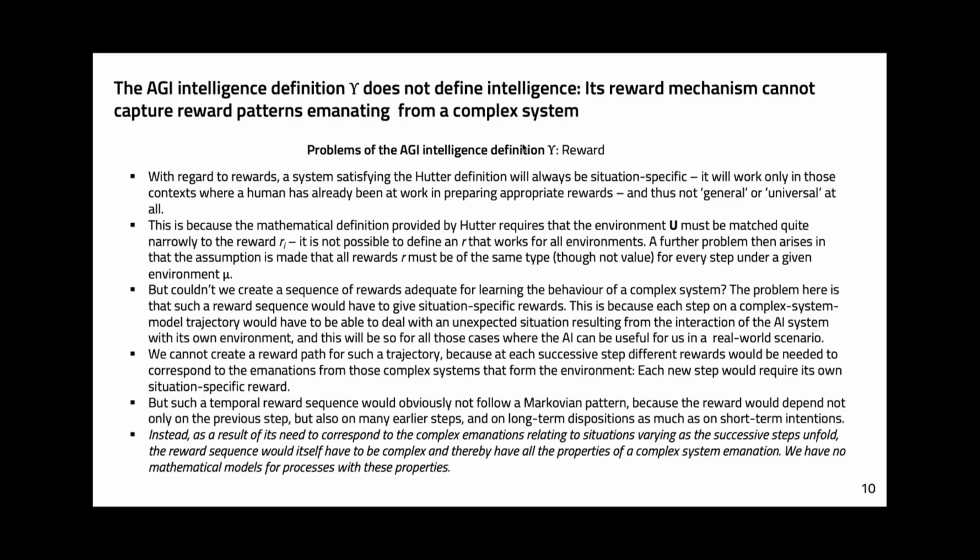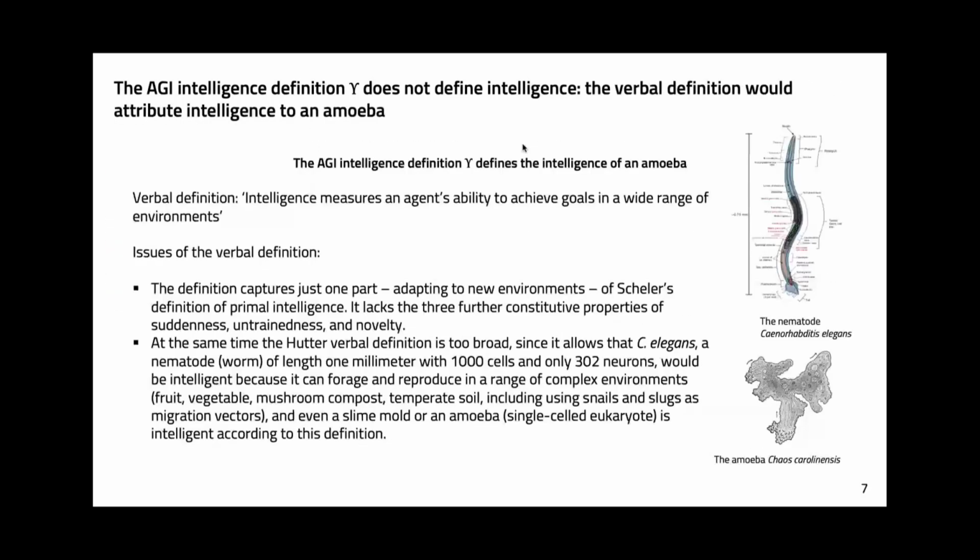Yeah, I believe you're right. Even this definition of intelligence will not be achievable. The verbal definition is actually in conflict with the equations. Yeah, you're right. Sorry, just a little correction. AlphaZero can actually succeed in a variety of game environments. It can play chess, it can play Go, it can play checkers. I'm just talking about AlphaGo. You're right, not AlphaGo, but AlphaZero, which was recently released. Yeah, AlphaZero can play different games.